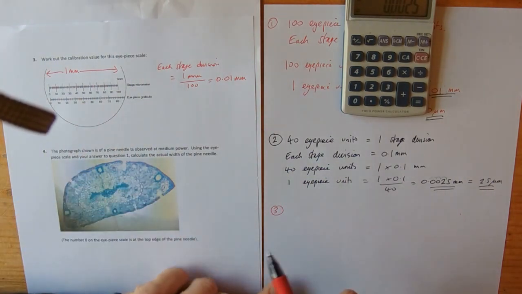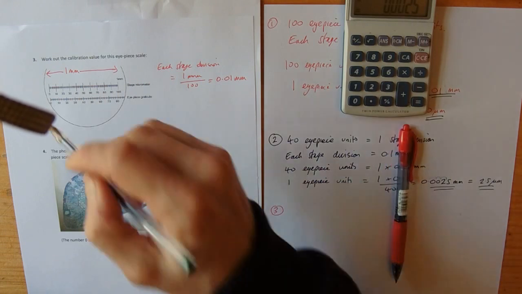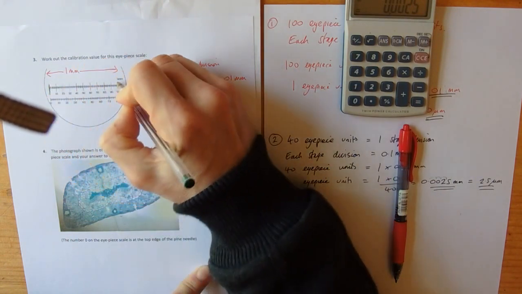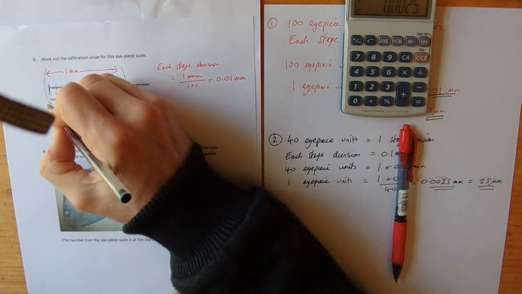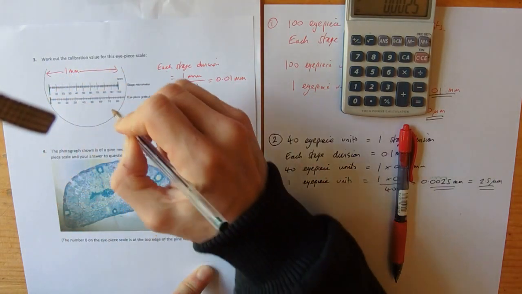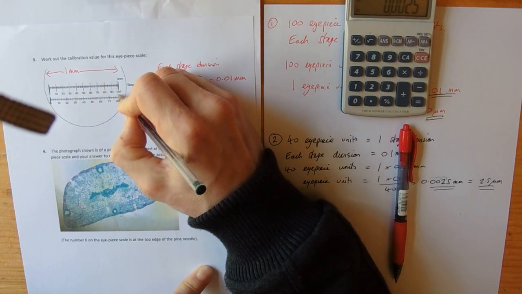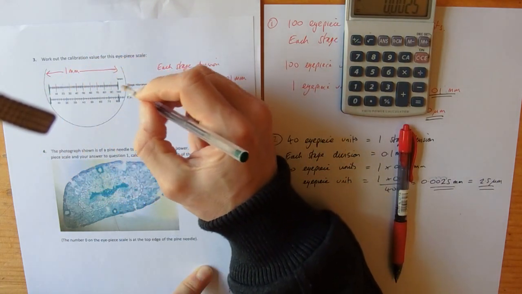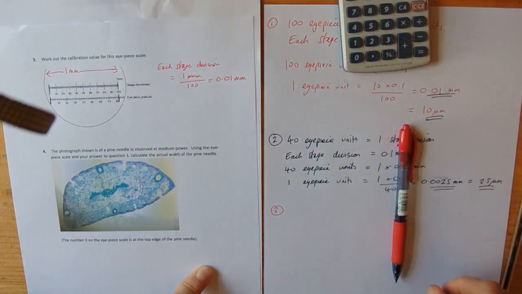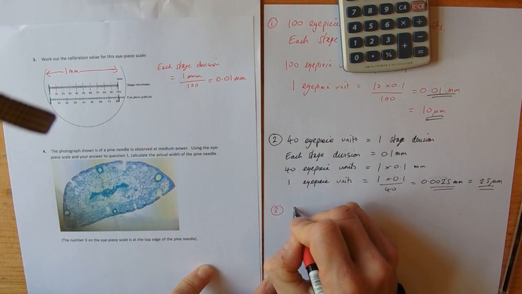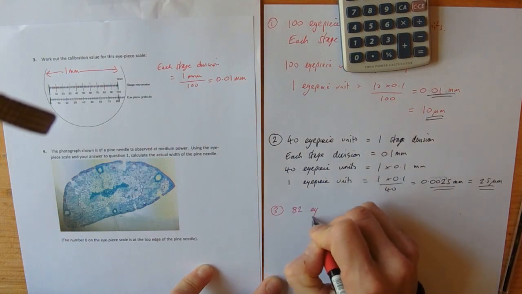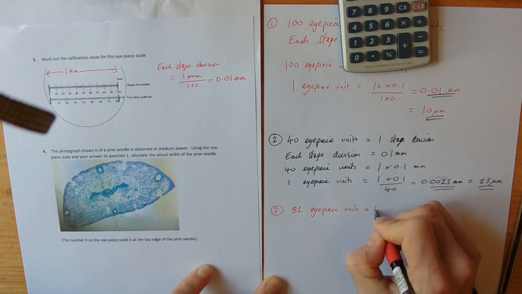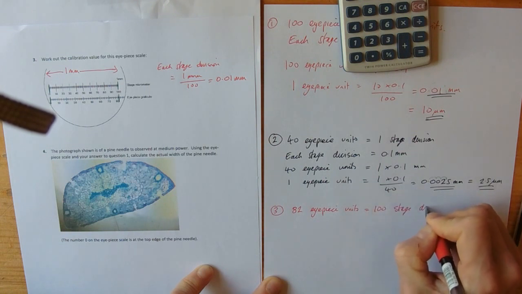And now we can just do the same thing, say what you see. So probably the easiest way to do it is to look at this entire scale from 0 to 100 there. Those are nicely lined up to, not quite 80, probably 82 there. So 100 of our stage divisions is 82 of our eyepiece, and we just need to write that out. So same as before, 82 eyepiece units is 100 stage